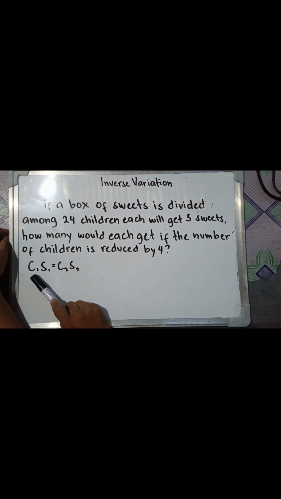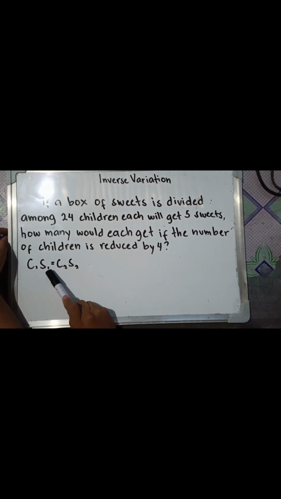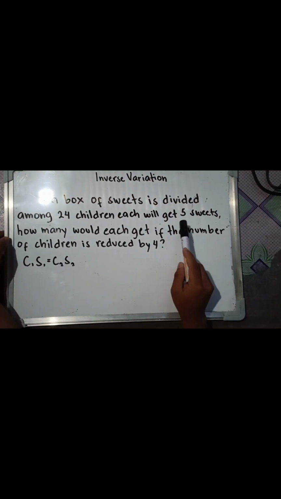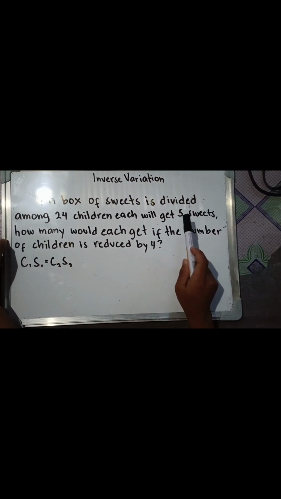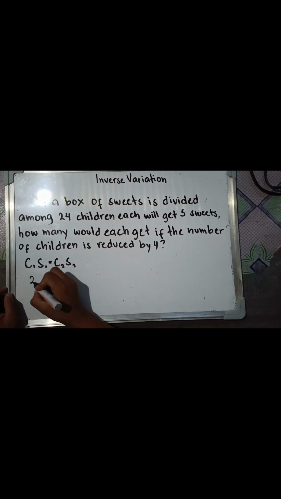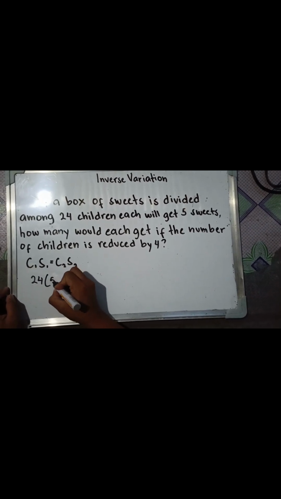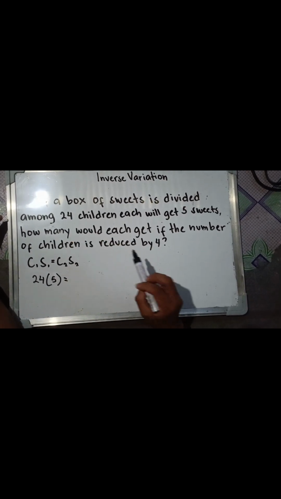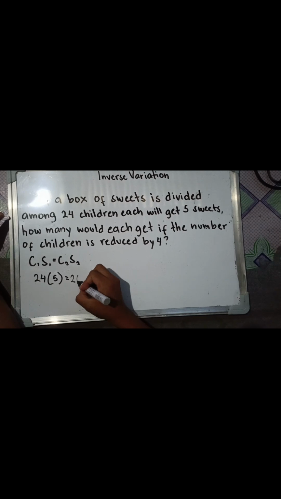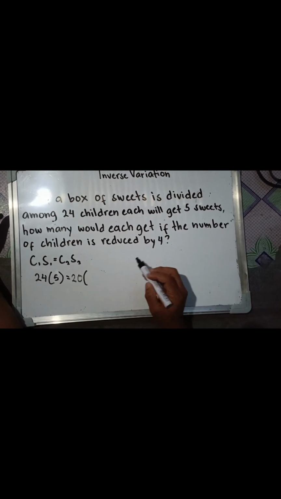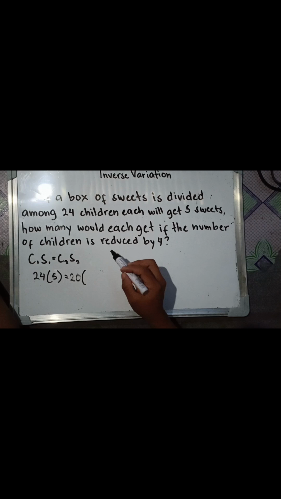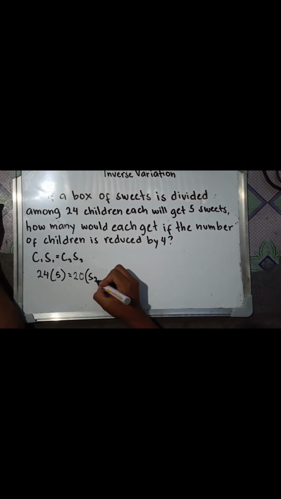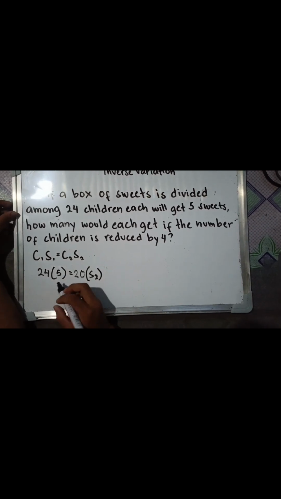So this is our formula. C sub 1 multiplied by S sub 1 equals C sub 2 multiplied by S sub 2. So we substitute the given, which is the 24 children and the 5 sweets. Times 5 equals, if we reduce the 24 children by 4, we come up with 20. We multiply it. Since we don't know yet the number of sweets given to each of them, we leave here S sub 2. So 24 times 5, which is 120,